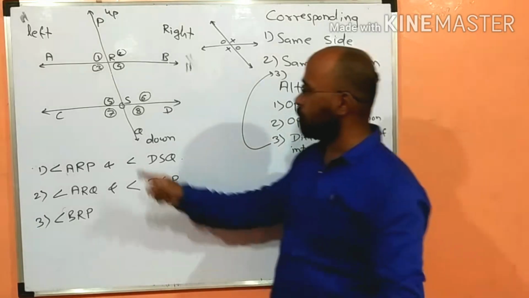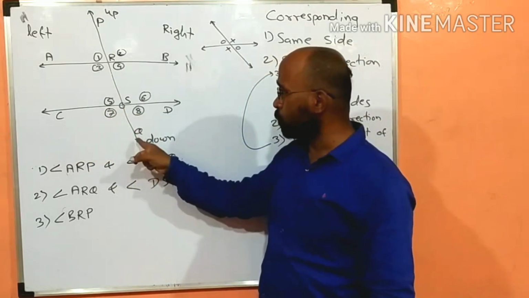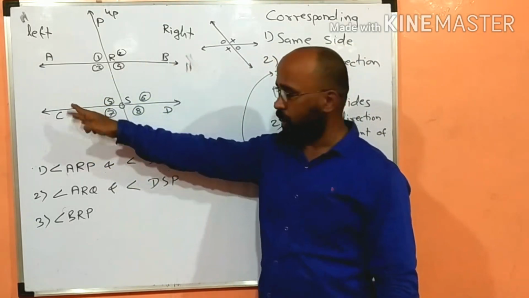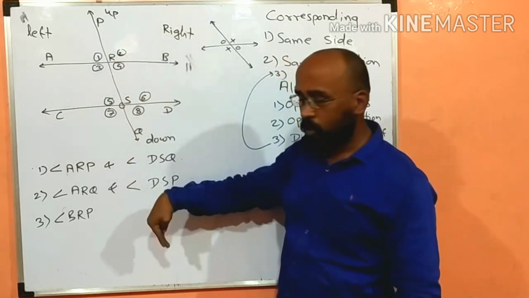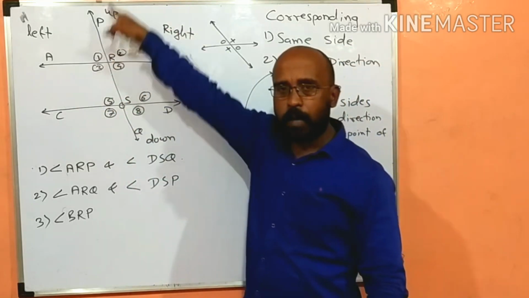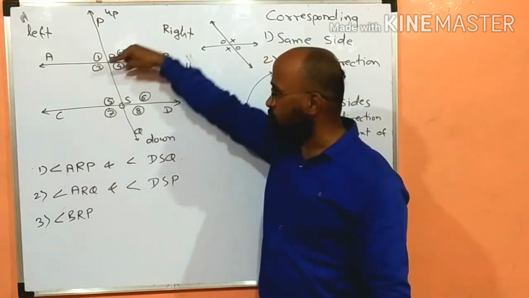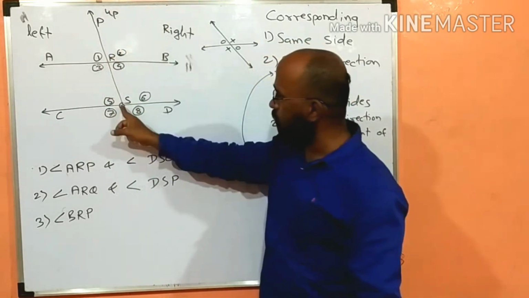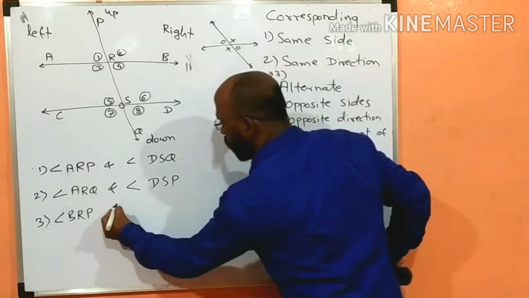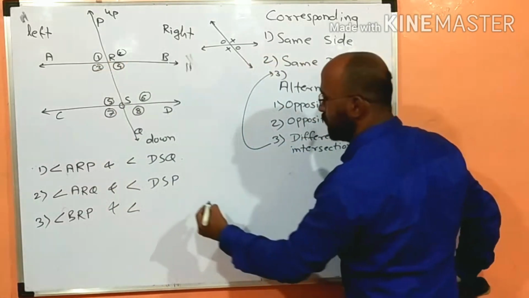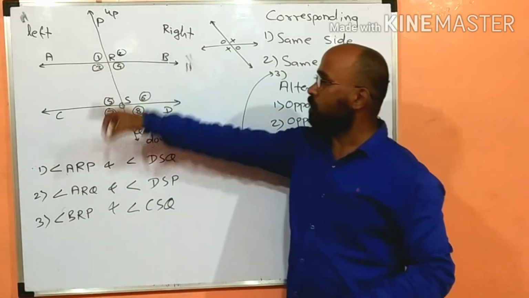So let us see angle number 7, that is CSQ. CSQ, definitely it's on the opposite side. Direction on transversal, SQ is part of transversal, which is going towards down, and in case of BRP, RP is part of transversal, which is going towards up. Means direction on transversal, RP up, SQ down, they are opposite. So angle CSQ is alternate angle of angle BRP.